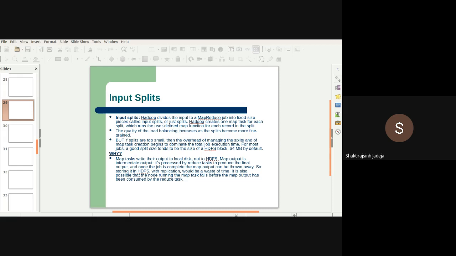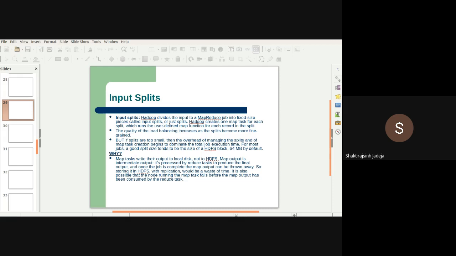Now, why do this task? Why split our input? Map tasks write their output to a local disk and not to HDFS directly. Map output is intermediate output, processed by reduce tasks to produce the final output. Once the job is complete, the map output can be thrown away, so storing it in HDFS with replication would be a waste of time.